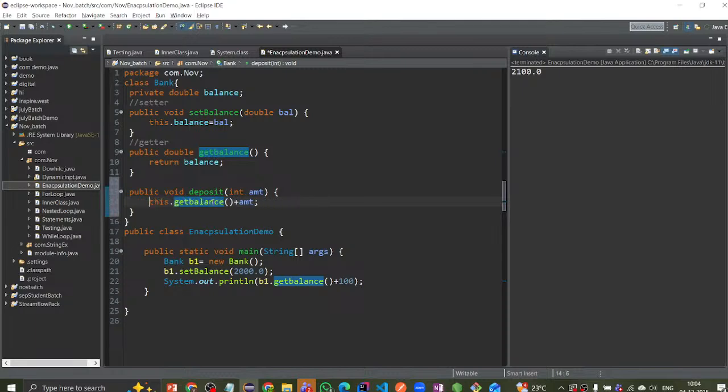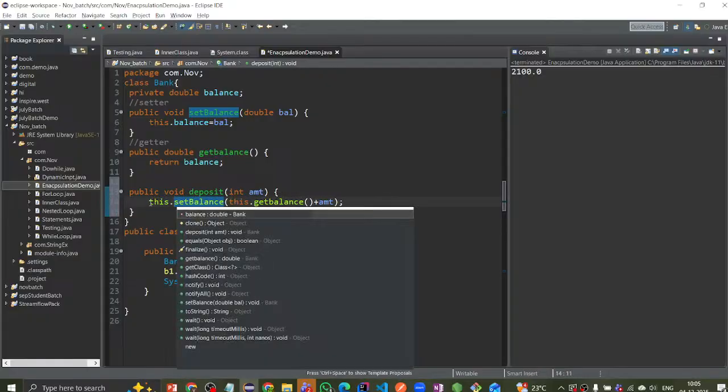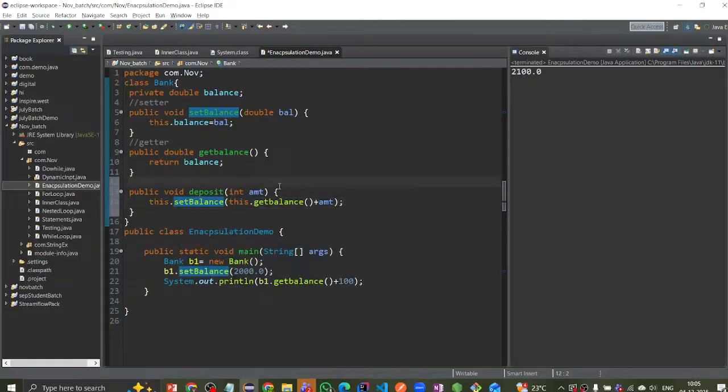I have to set the balance, right? So I can use the setBalance method here. setBalance of this.amount plus, or else I can use this.setBalance. Both are fine, both will work fine. I have to use the amount, right? Do one thing,